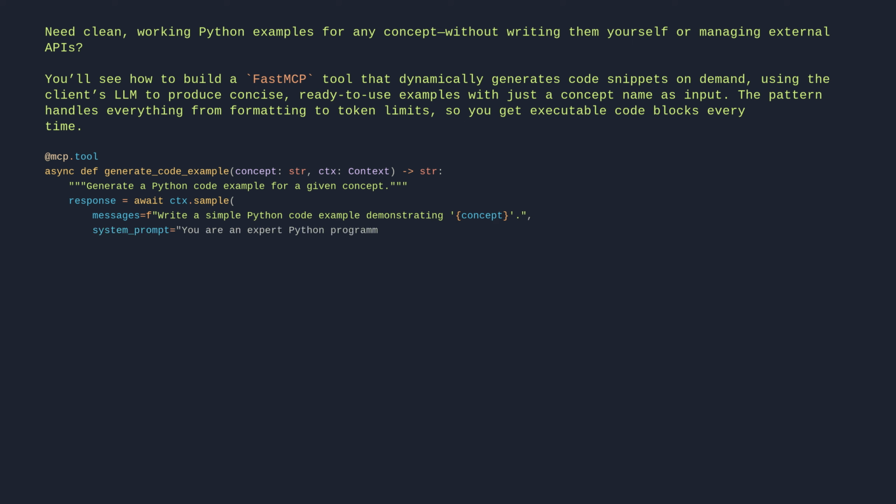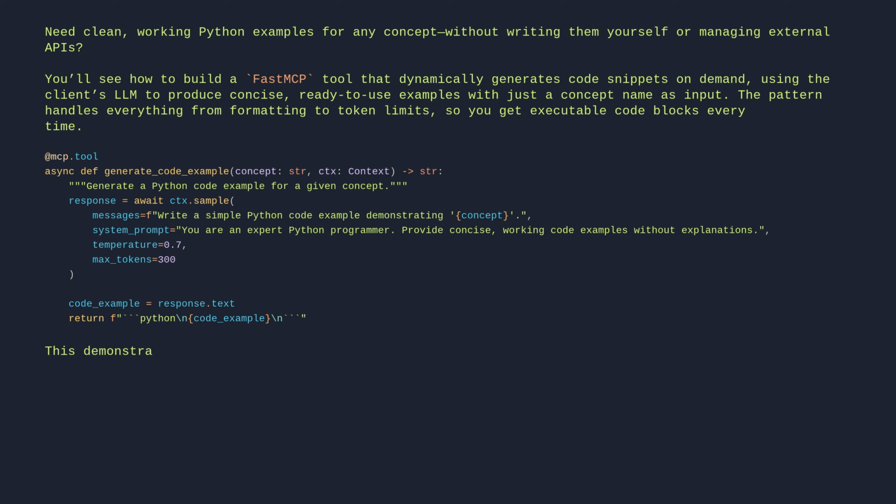Provide concise, working code examples without explanations.", temperature=0.7, max_tokens=300) code_example = response.text return f"```python\n{code_example}\n```"